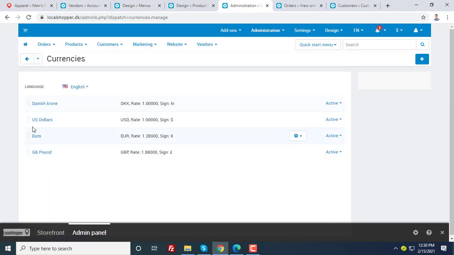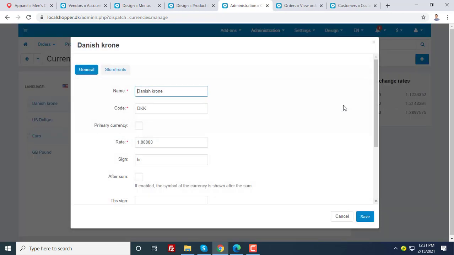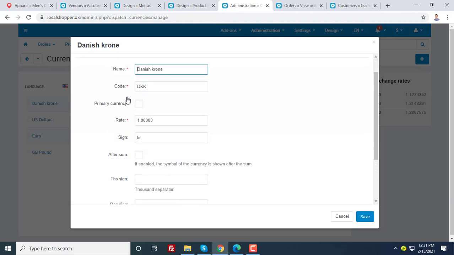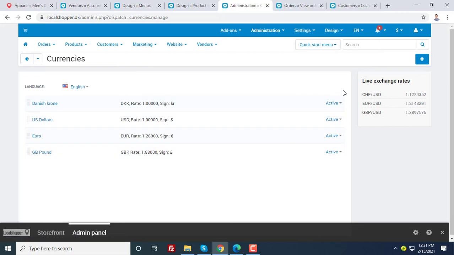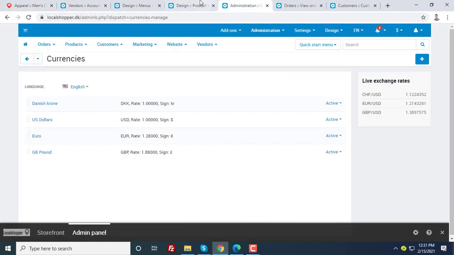I have added here 4 default currencies. I have also added this one today. You can see this one, edit. You can see set like this, sign, code, name, etc. Also, if you require to add a currency, then just add it in the currency section, and we'll show it in this currency section. Okay,